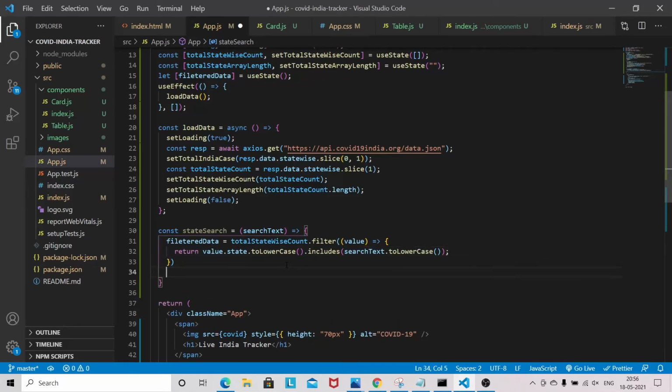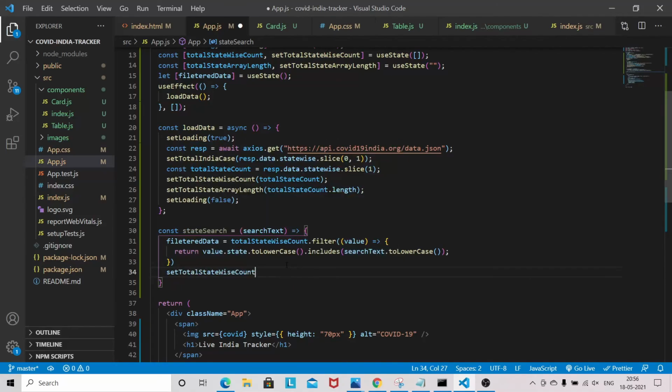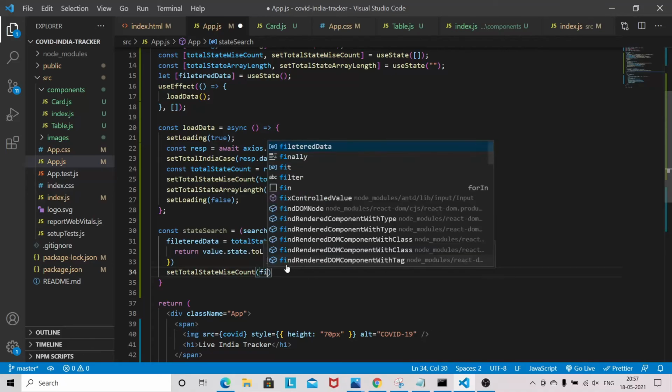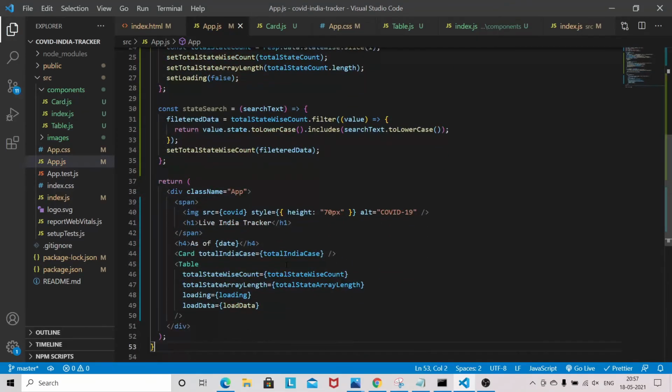Okay, so whatever data we will be receiving, set total state wise count, so filtered data. Okay, so you need to pass this one filter data and state search handler.